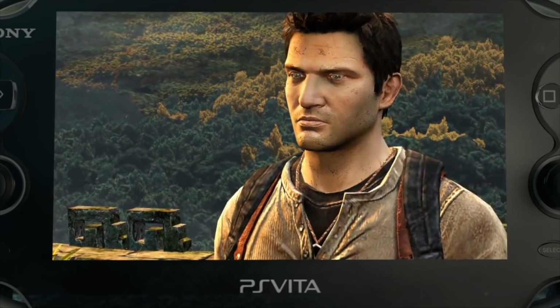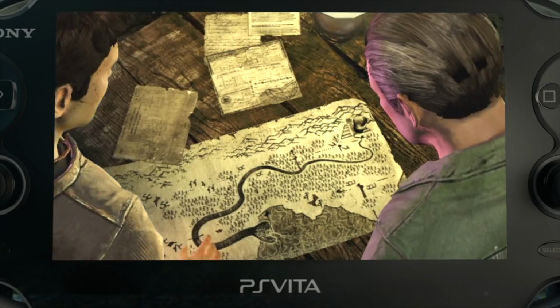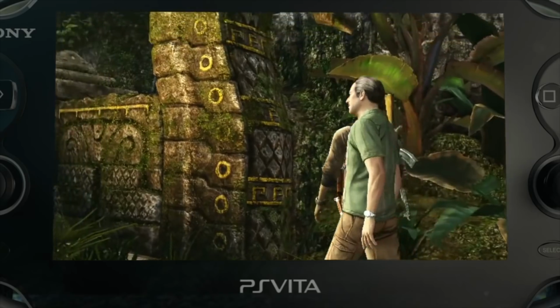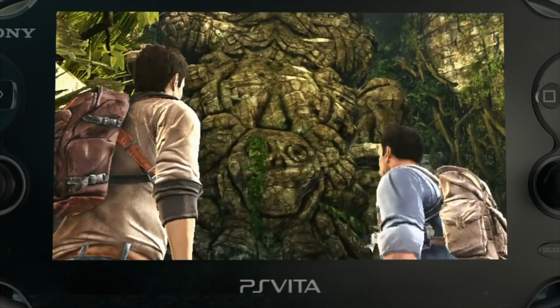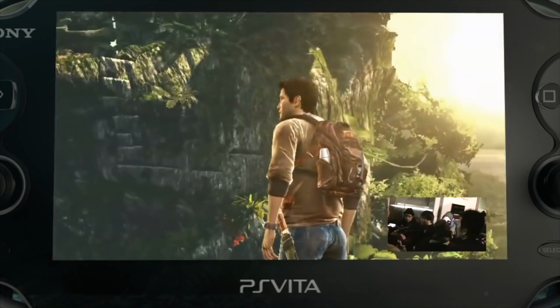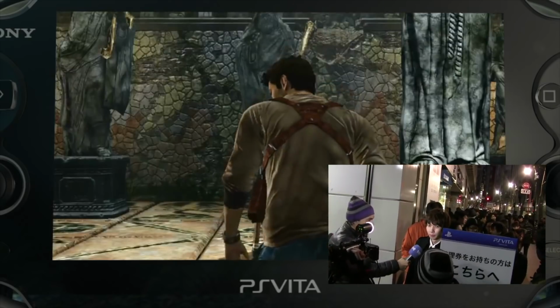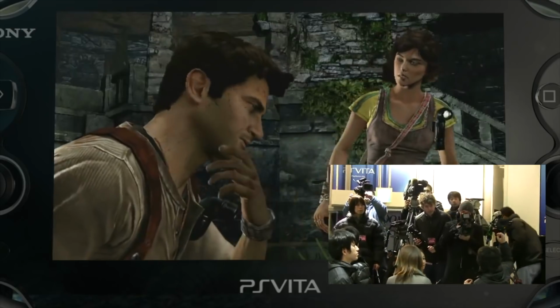The original PS Vita was replaced by a slimmer version in 2013 in Japan and in other parts of the world in the first half of 2014. Apart from being slimmer, it was also lighter and included a lower cost LCD screen instead of the original's OLED screen. It is a comfortable system to hold, but it does have a slightly cheap feeling to it